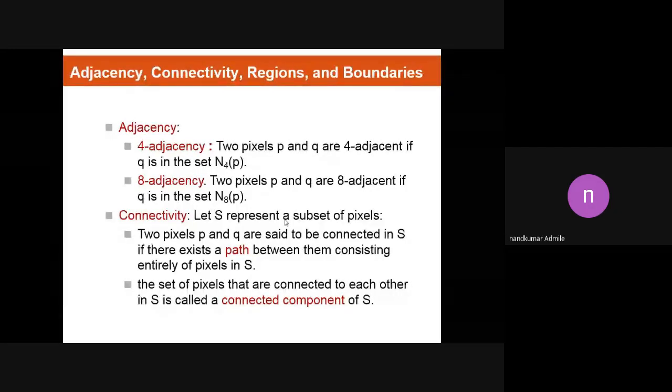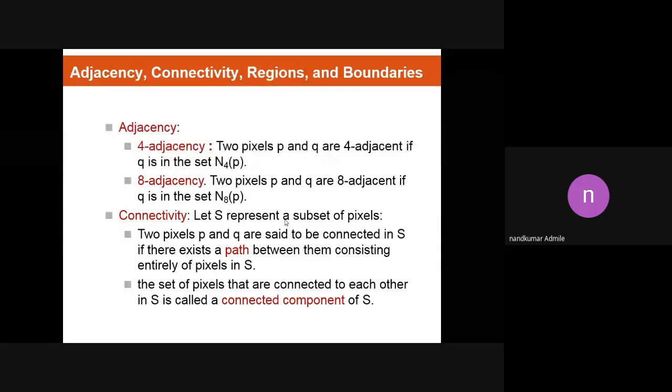Now remember these three definitions. How we have to measure the distance between two pixels and how we can connect the two pixels. Now listen carefully. So if we consider the 4 connectivity, then we can connect the 2 pixels. If we consider 4 connectivity, then we can connect the 2 pixels either in a horizontal path or vertical path.